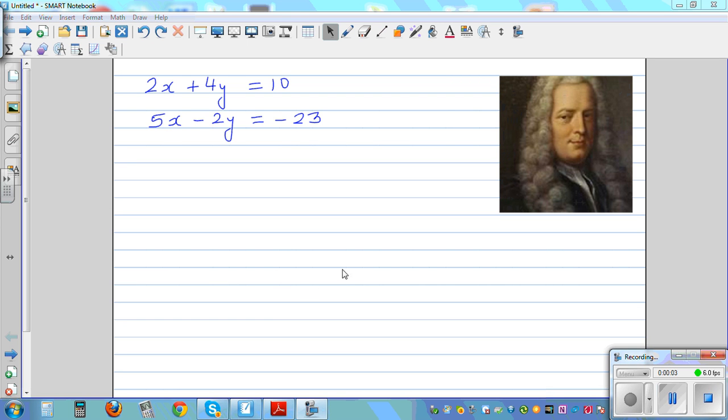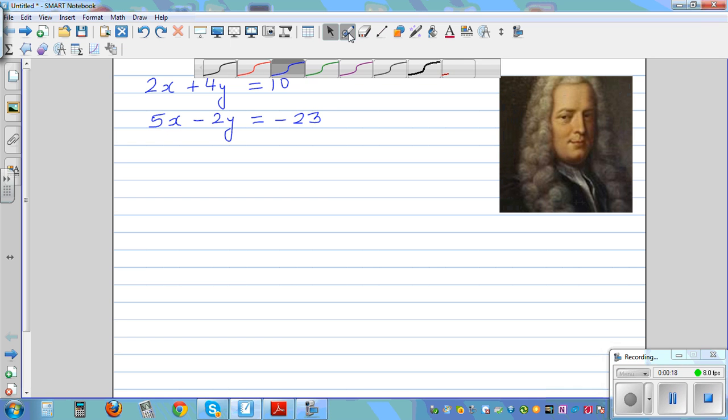I want to use Cramer's method to solve this simultaneous equation. Now, Gabriel Cramer was a Swiss mathematician, and he gave this formula. So first, let me write the formula that he gave. He said, if you have a system of equations like this, with two unknowns, you can find x by